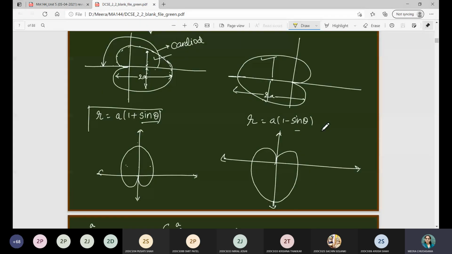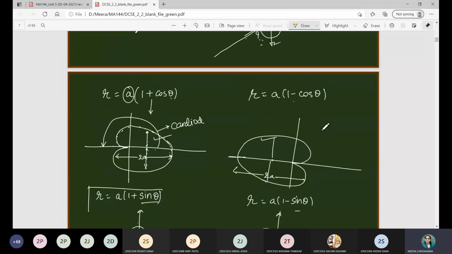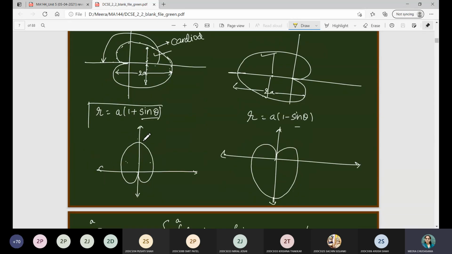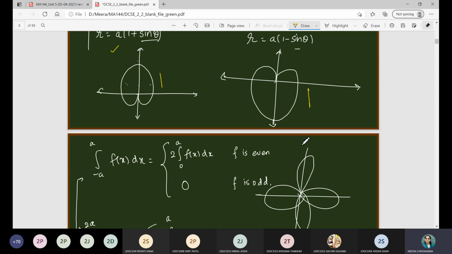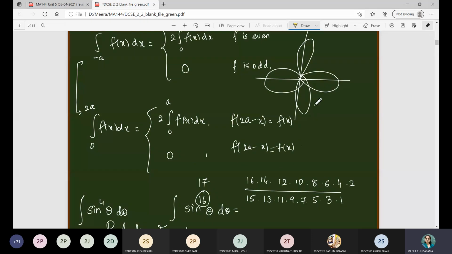After that, we have seen the structure of the cardioid: when positive sign, how will be the structure, when negative sign, then right. This is in terms of the cosine function. Positive will have the cardioid in this direction, and when the negative sign occurs, it will be reversed in that direction. Similarly, when the sine function is there in this equation, then it will be symmetric about the y-axis, and this one will be the direction, and here this is the direction, right? These are the examples of cardioid. Then n-leaved curves also we have seen.